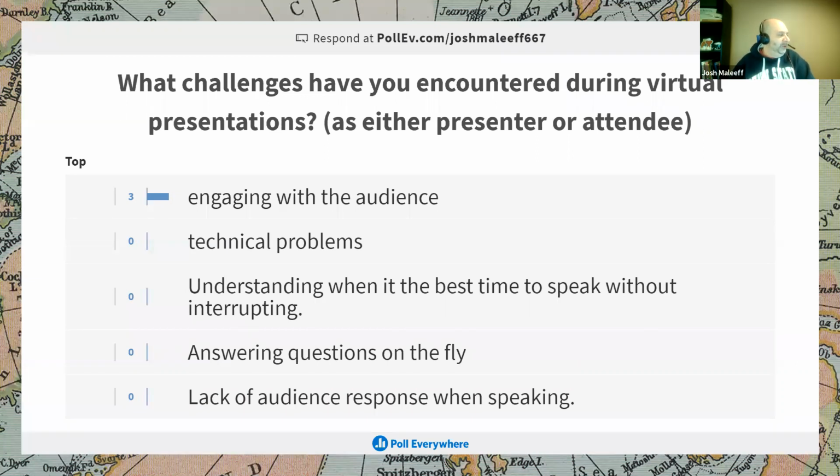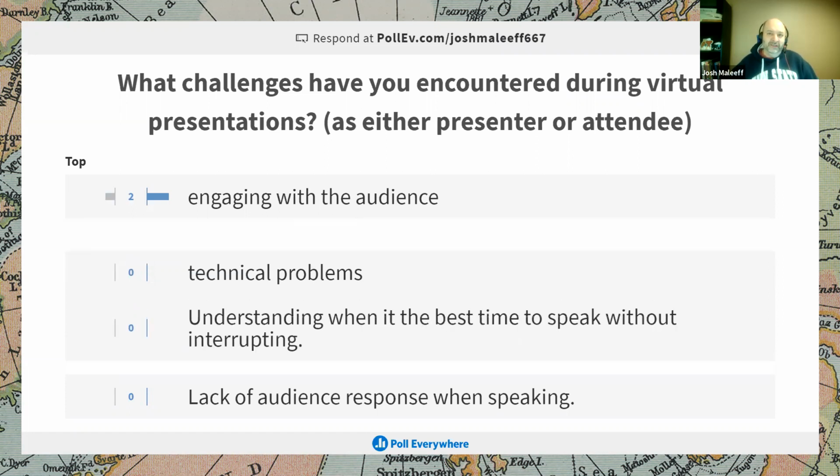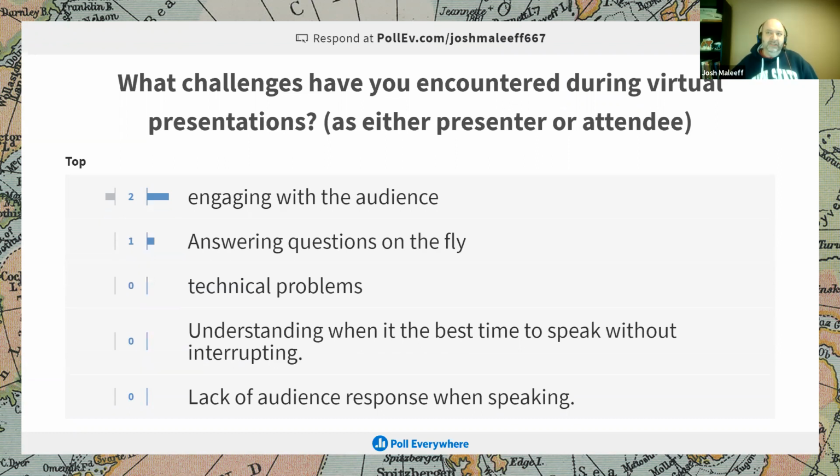Technical problems. Yeah, we're going to be talking about that towards the end of the presentation tonight too. Answering questions on the fly. That's an interesting one. Although I'm not going to talk about that directly in this, it's an important skill. The reason it doesn't come up specifically is because that's something that goes along with presenting in general, as opposed to specifically presenting in the virtual space.